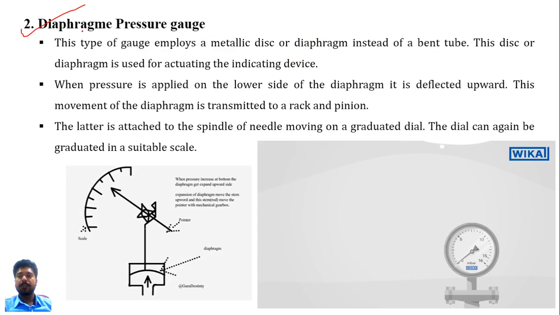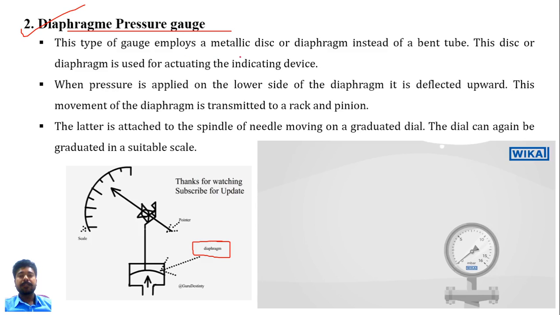Next, let's move towards the diaphragm pressure gauge. In the diaphragm pressure gauge, there is the same mechanism as our Bourdon tube pressure gauge, but here the pointer mechanism is directly connected with this diaphragm. When your pressure increases from this bottom side, the diaphragm expands in this upward direction. Okay,